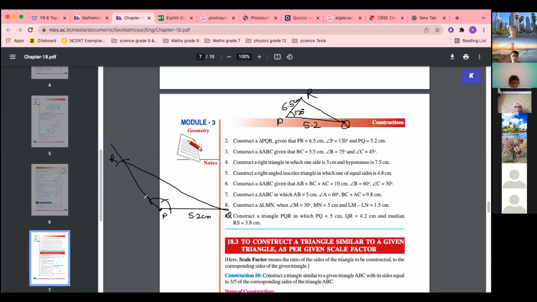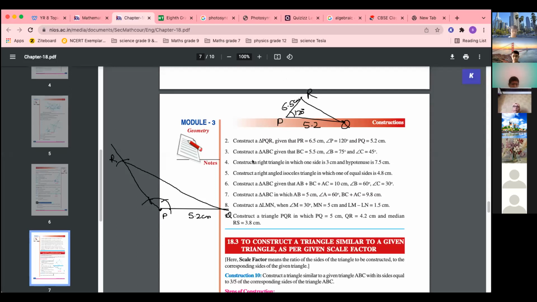Okay, so these are just the steps for making an angle of 120 degree. Now this much detail is not required. You can just say we will make an angle of 120 degree, but you should know these steps in your mind. Okay, is it clear, Mudabbir? Because in the exam you won't have that much time. So in your book also it is written, no? Construct an angle of 60 degree at P, or 120 degree at P. But you should know the steps how you have to draw. So this is the step how it will be done.